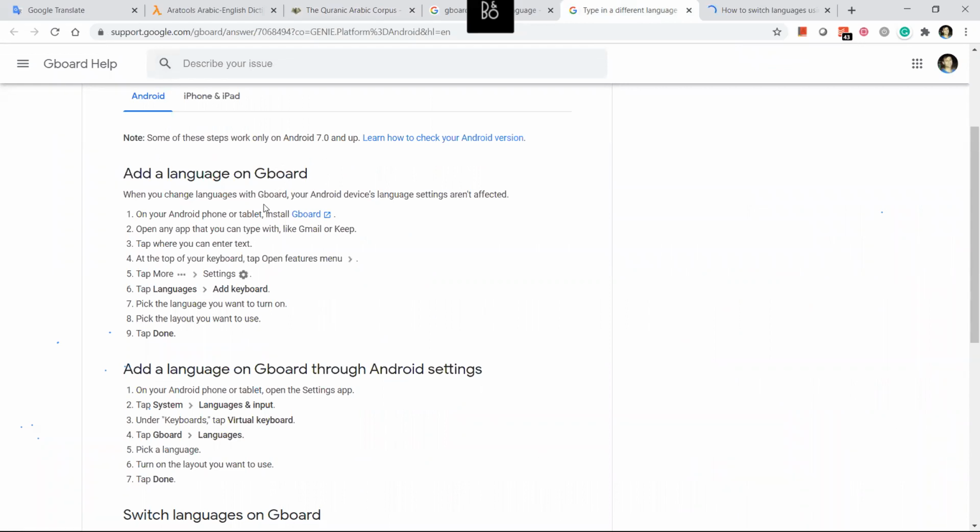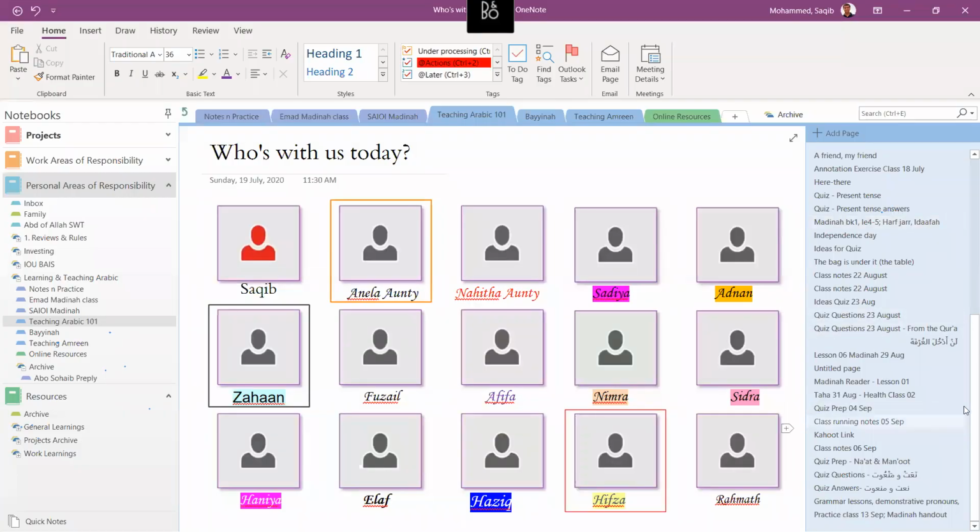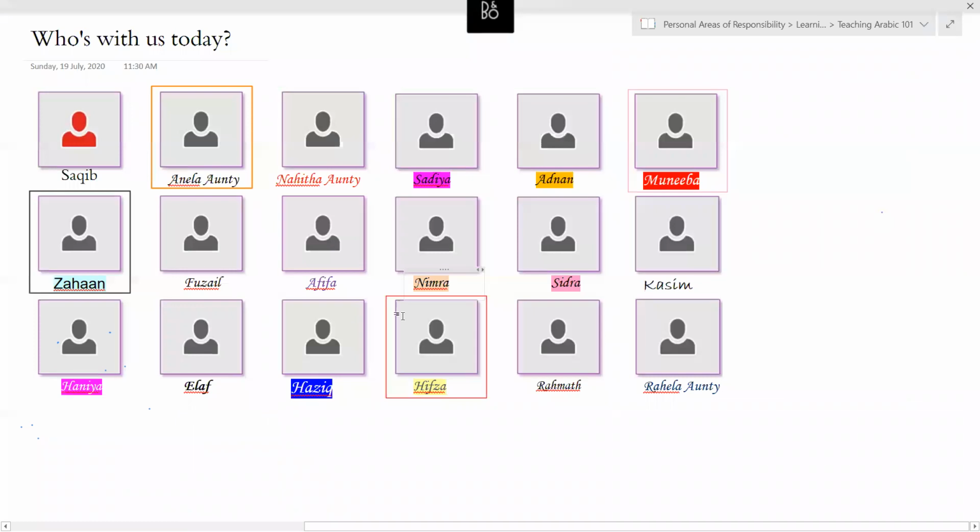Any questions on this so far? No software. Nice. Now, coming to, let's see quickly, very quickly, guys, without taking too much time. Let's see who all we have with us today. We have a smaller class because few people have other commitments. So let's see who all we have with us today.